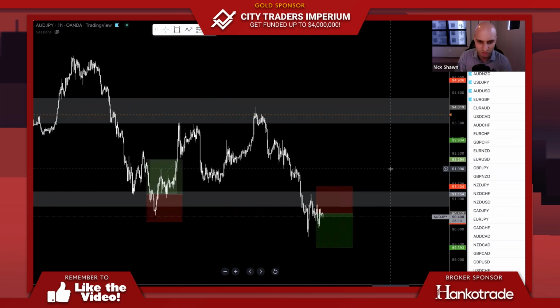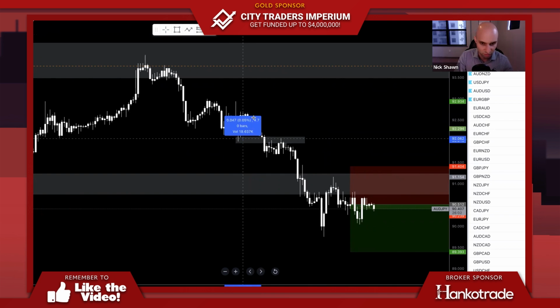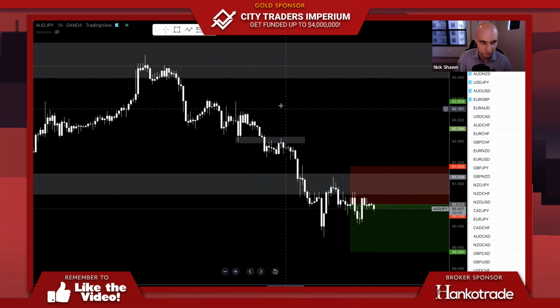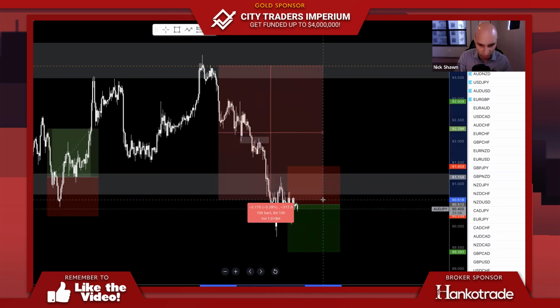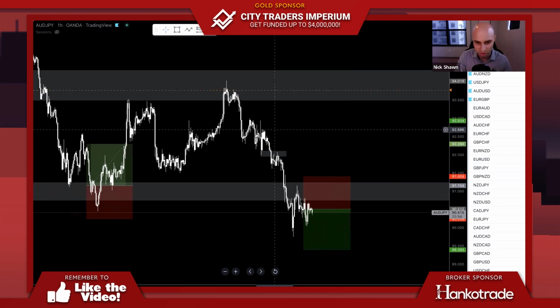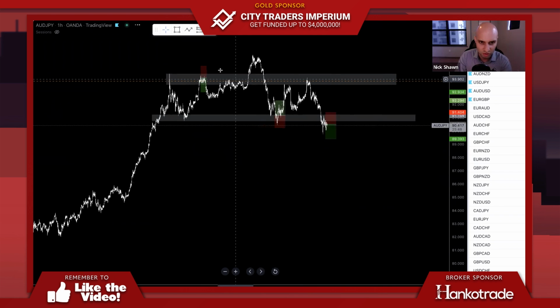I don't use little zones like this for this approach, where it's been support temporarily and had a little bit of a bounce off of it, like in this case 61 pips on 80 JPY, compared to something like this, like 300 pips. I don't trade zones where it's just been a little bit of a bounce. So nothing small. I just zoom out on the 1 hour